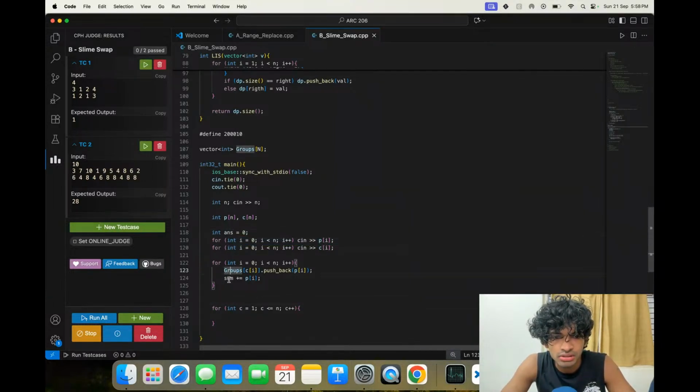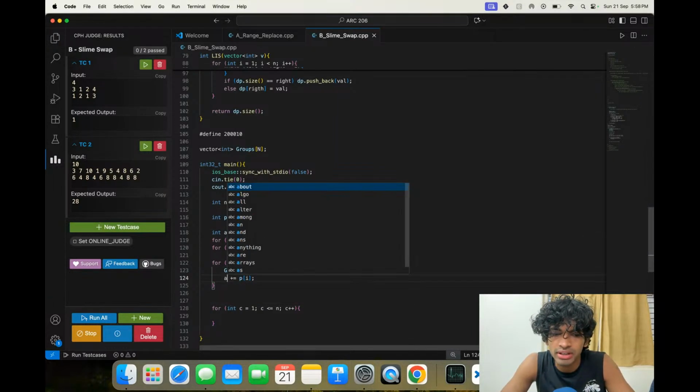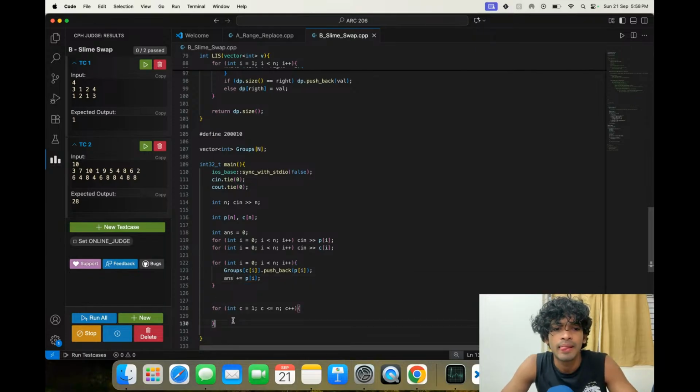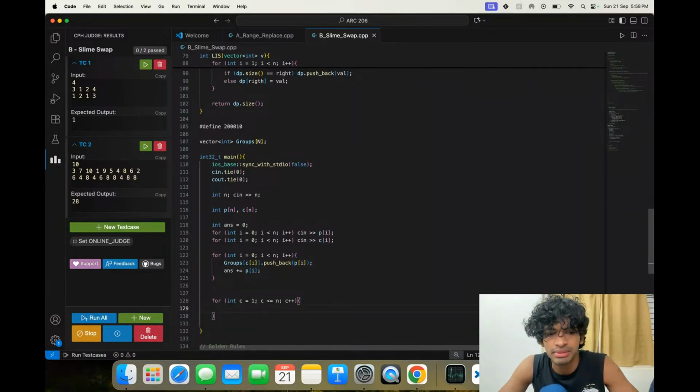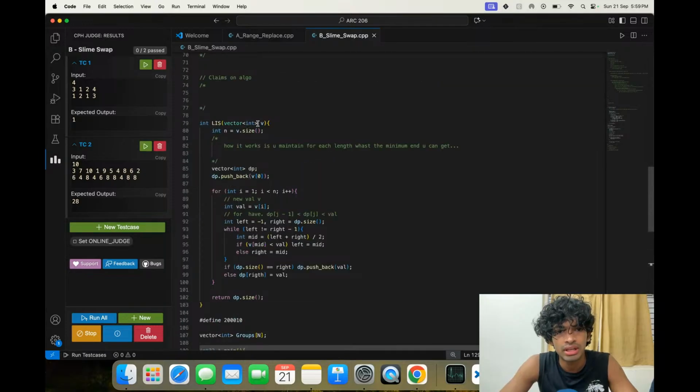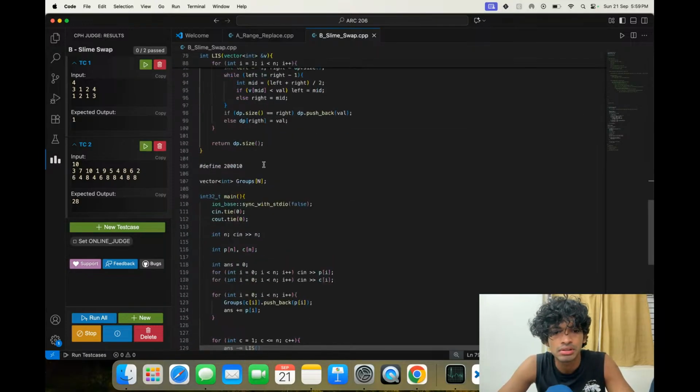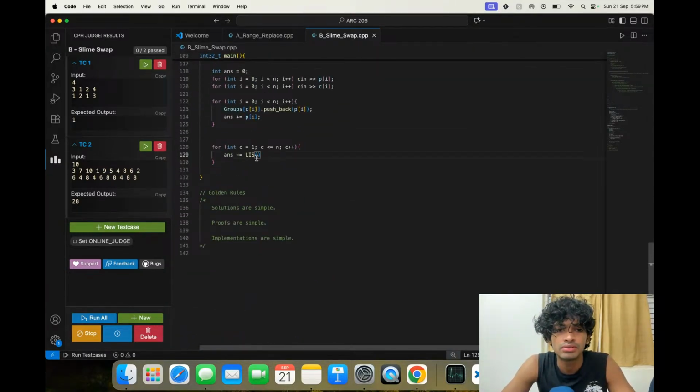Okay, I'll just keep it as answer. Answer is total minus whatever can be saved. Okay. The minimum cost means the maximum that can be saved is the maximum longest increasing subsequence, right? Because the costs of them are the same. Answer minus equals LIS of groups of c times c.